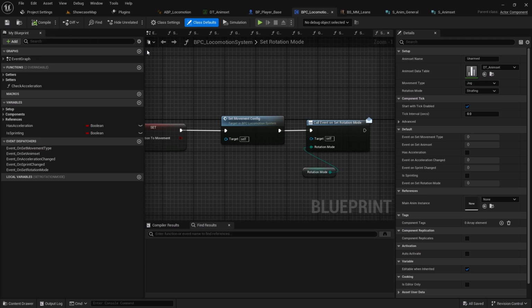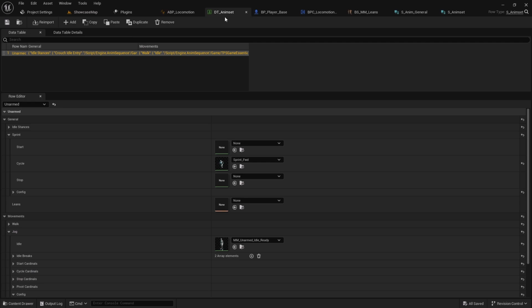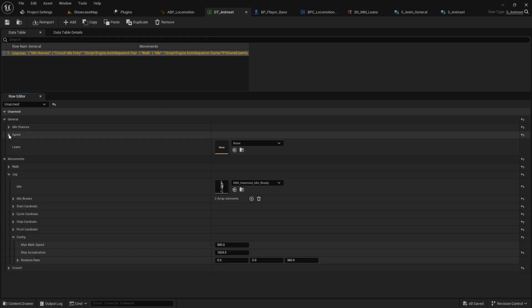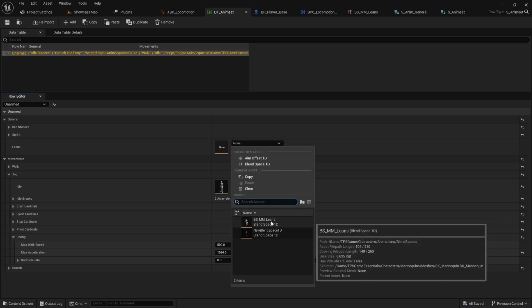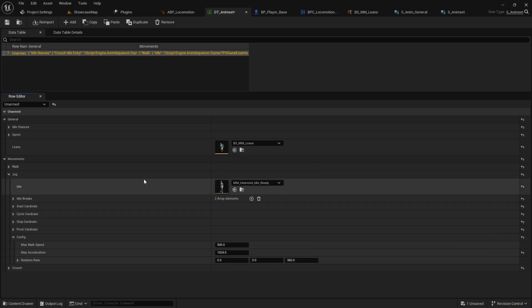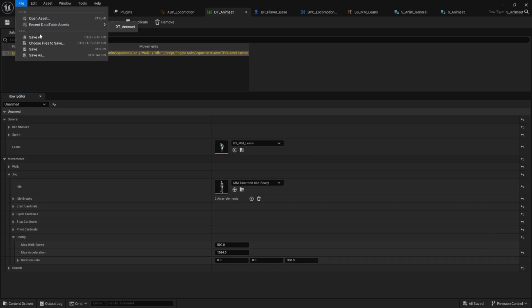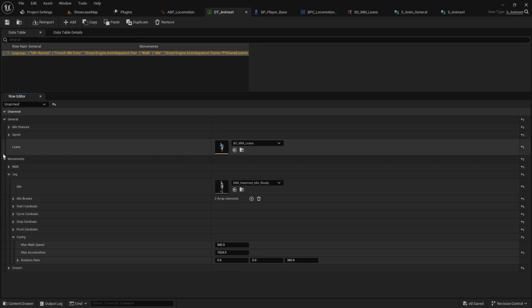inconsistencies, right? Okay, and then let's go to the DT and imset data table, and here we have a new field called leans, so we can assign this PSMM leans blend space 1D graph to it, right? So we have that in here, and then what we can do,